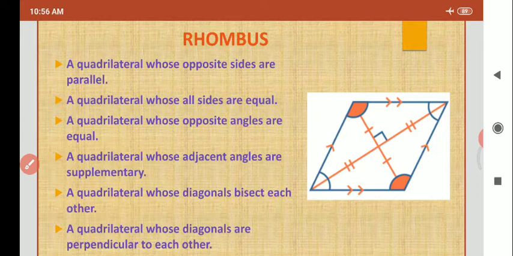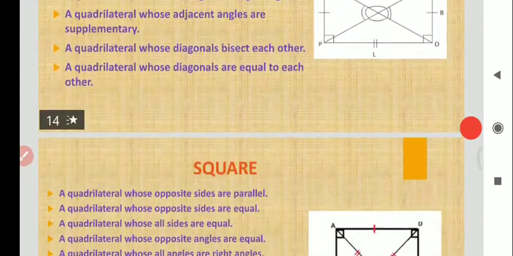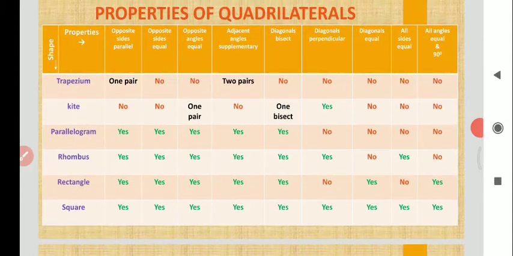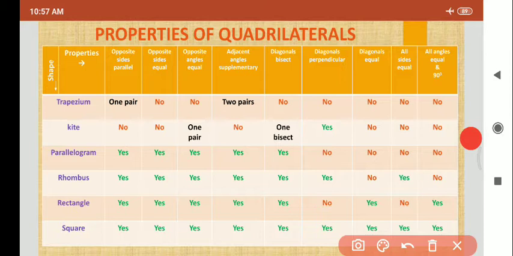So every rectangle, every square and every rhombus is always a parallelogram, but every parallelogram is not a rectangle, rhombus or square. These are some different criteria I am telling you. So these are the six types of quadrilateral. Kite and trapezium we will not use in this chapter. The important ones are square, rectangle and rhombus. For a trapezium, remember only one thing: only one pair of opposite sides is parallel.